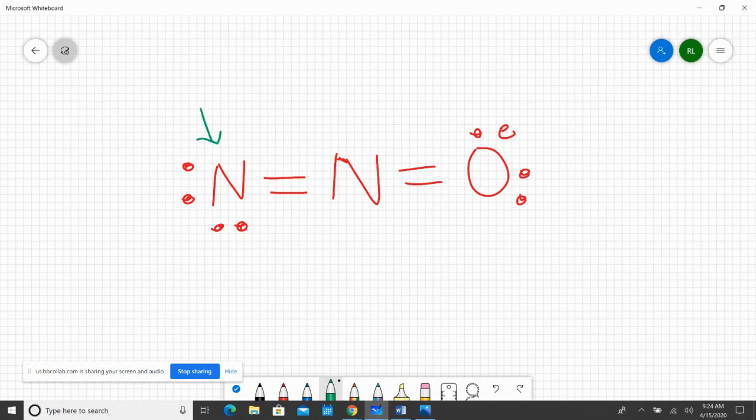So my formal charge on that nitrogen: my formula tells me the number of valence electrons. Nitrogen is in group 5A, which tells me this nitrogen has 5 valence electrons. Minus the number of lone pair electrons. Again, I am not counting it as a pair, I'm counting individual lone pair electrons. So 1, 2, 3, 4. Minus half of